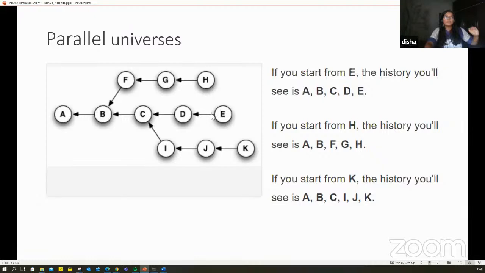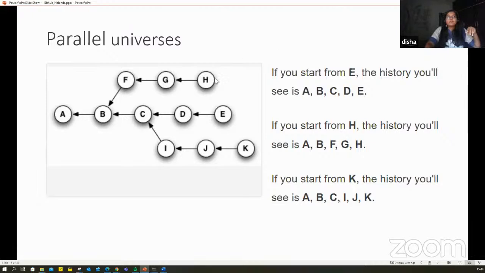I can go back to nodes D, C, B, A. If I'm at node H, then my previous nodes are G, F, B, A. Or from A, B, I can go to F, G, H, any of the 3 options available, and proceed further.